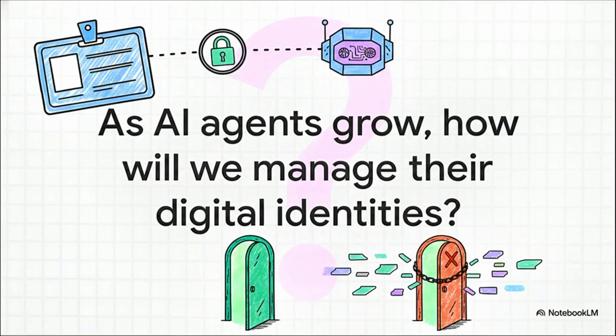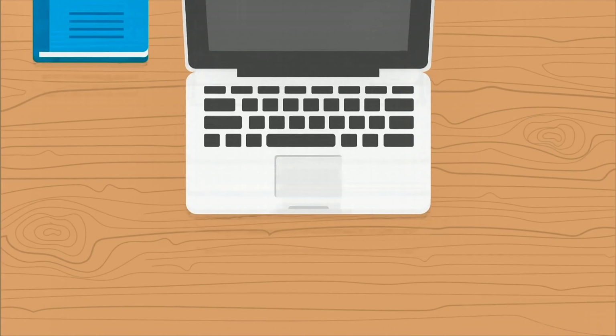And that brings us to a really fascinating and maybe slightly scary question for the future. We've just walked through this whole process for a pretty simple application, but as autonomous AI agents become more and more powerful, how are we going to apply these same principles to them? How do you give an AI its own digital ID badge? And maybe more importantly, what doors should we